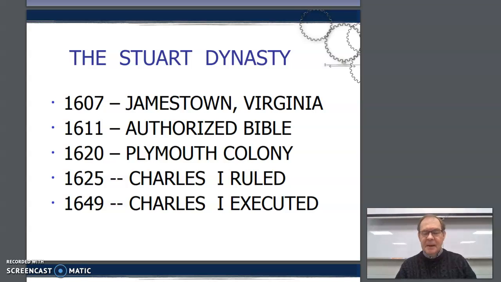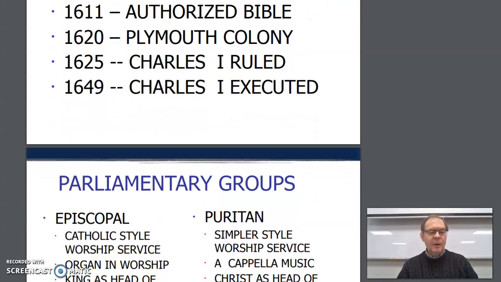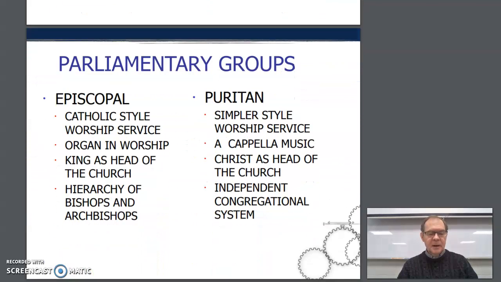But Charles dismissed Parliament. He believed in the divine right of kings like his father, and thought he could rule without a parliament. But anytime he needed money, he had to call Parliament back, and Parliament got tired of that. So the Parliament that reconvened was called the Long Parliament, and they passed a law stating the king could not dissolve Parliament anymore. So parliamentary leaders began the Great Rebellion and arrested Charles and eventually executed him. Oliver Cromwell took over as the new Lord Protector.